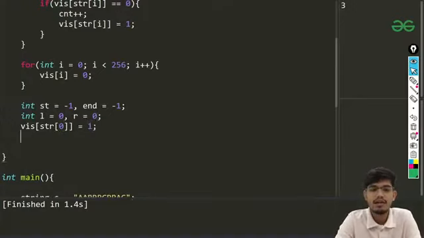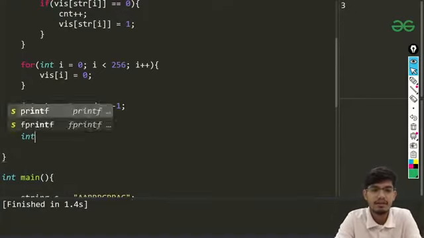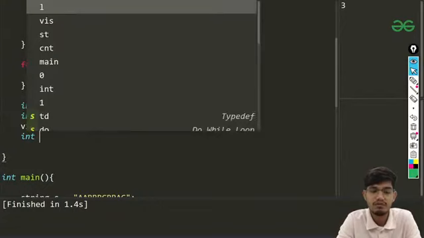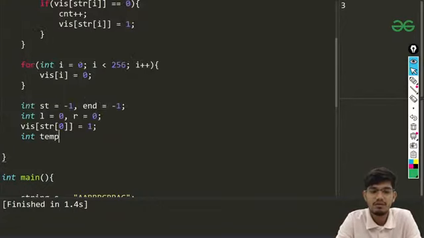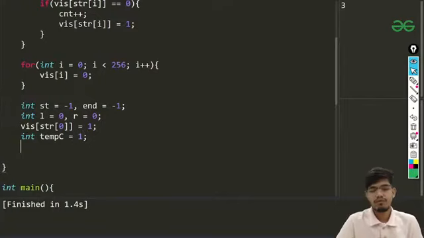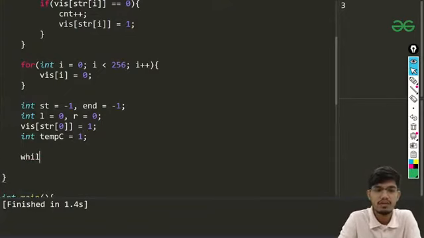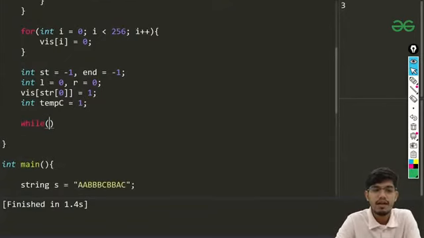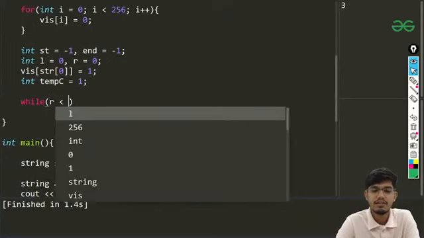Okay, and then I'll be also maintaining a count variable which is my temporary count. So I'll be writing that as temp, and it is initially starting at 1 only. Because we'll be taking the first element, we have pushed that into visited, so I'll be making that as this one.